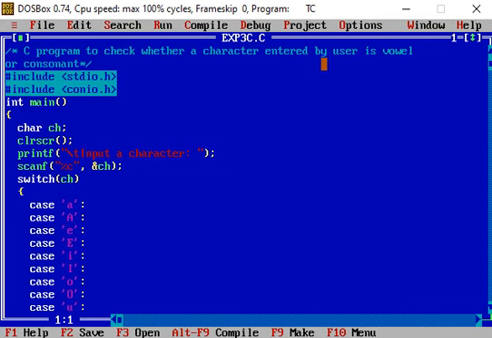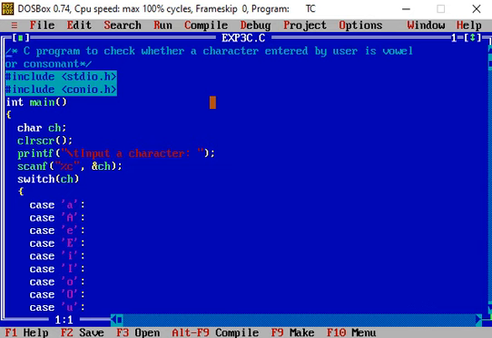So a program for this can be written like this: hash include stdio.h, hash include conio.h, included within less than and greater than signs. So using these two statements, we include these two header files in our program.